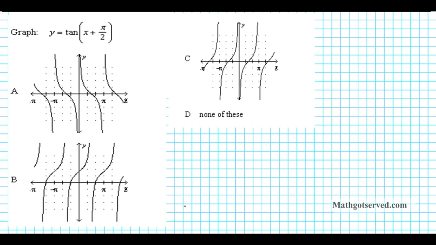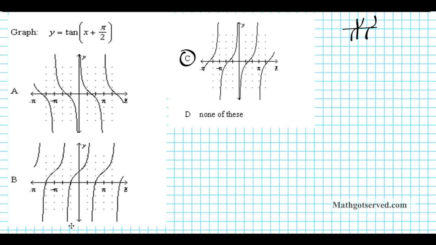Alright, so to graph this, we just need to remember what the general appearance of the tan function looks like. Remember, the tan, starting from the center, heads to infinity at the asymptote to the right, and into negative infinity at the asymptote to the left, and exhibits the same behavior forever. Okay? So the function that exhibits that increasing behavior from the left asymptote to the right asymptote is option C